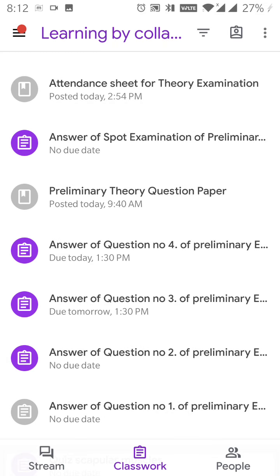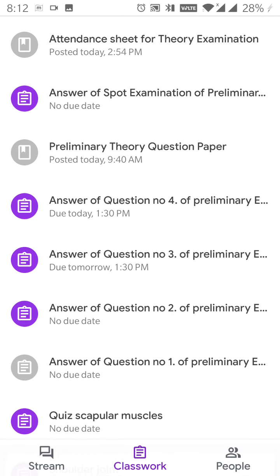After finishing your paper, you have to upload your answer sheets. How do you go with your answer sheet? You segregate your answer sheet question wise, means 3 mark question, question number 1, take a photograph or convert into PDF through various software. If you are using CamScanner or Adobe Scan, they are good, so you can use those software through your mobile phone. After scanning, you have to convert into PDF and rename it.